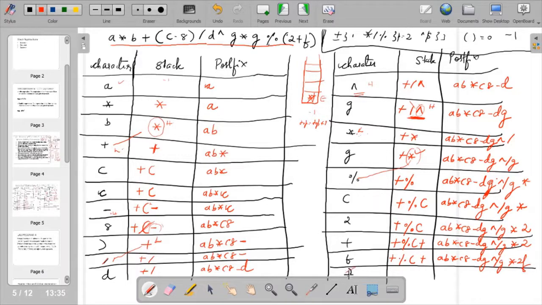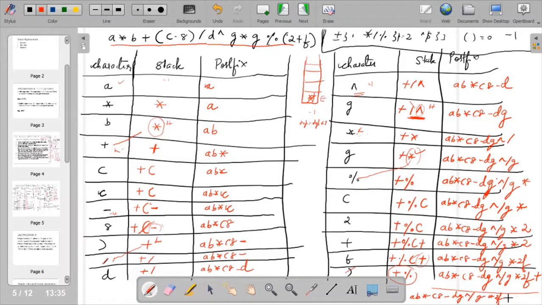Next you found this closing bracket. Whenever you find this, pop it and whatever is in between, place it at the end. So it will actually hold only this, which will be popped and put at the end: AB star C8 minus DG power this slash G star 2F plus. So this plus I put over here. Now my expression reading is done. Once I find the end of an expression, what is left should be popped and placed at the end. So the final expression, I'll write it over here itself, AB star C8 minus DG power G star